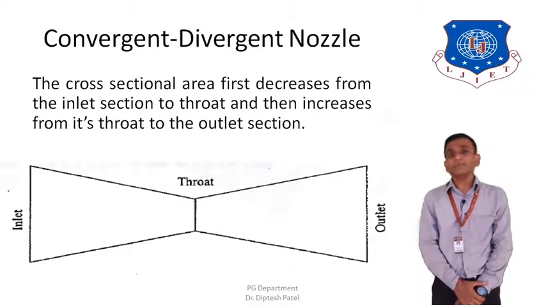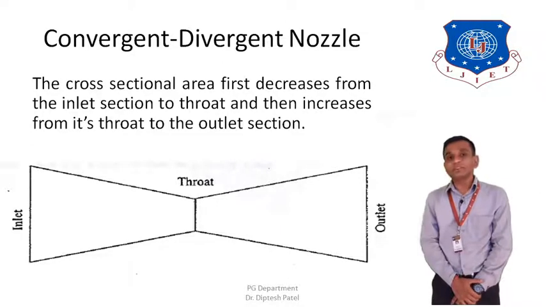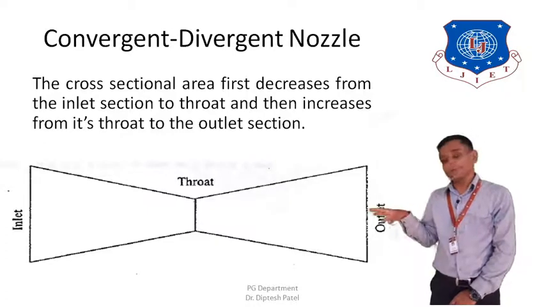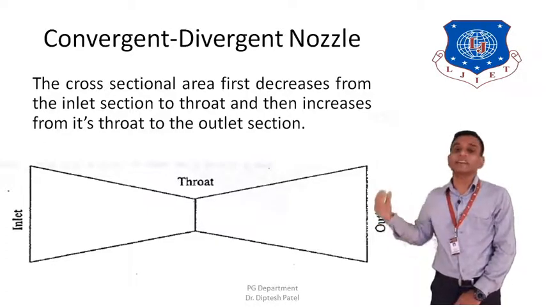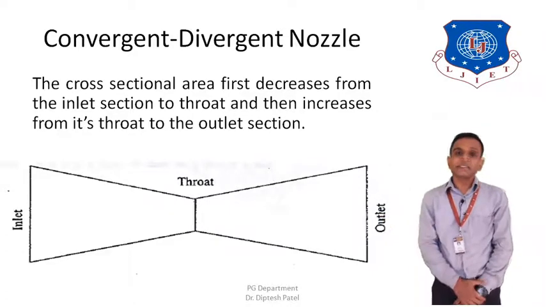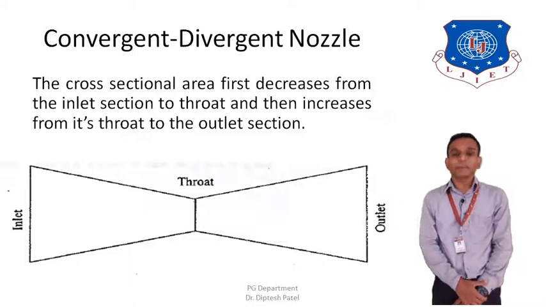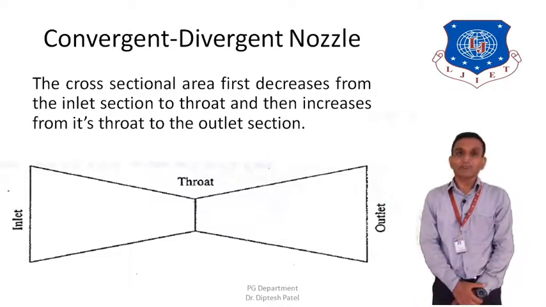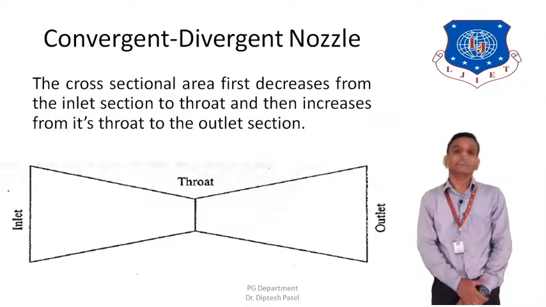We are going to understand how the velocity increases in the three different types of nozzles. For example, in convergent nozzles, since the area is gradually reducing, the pressure of the flow is reducing, and because of the reduction in pressure, the other parameter, the velocity, gets increased. On the other hand, in divergent portions, the expansion of the compressible flow takes place, and because of the expansion of these gases, the enthalpy gets dropped, and that ultimately increases the velocity. While the convergent divergent nozzle is a combination of these two.